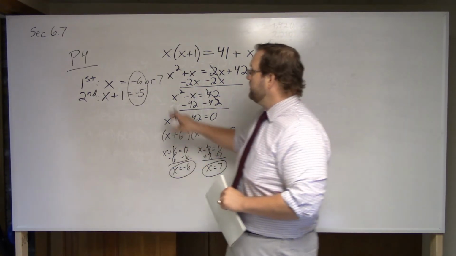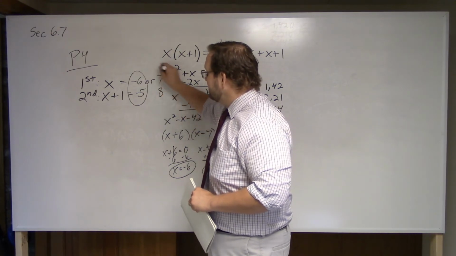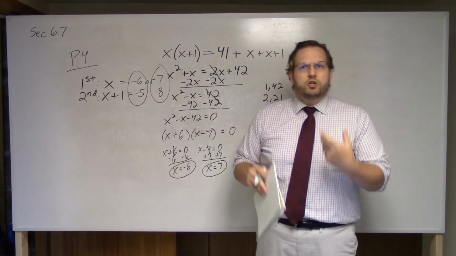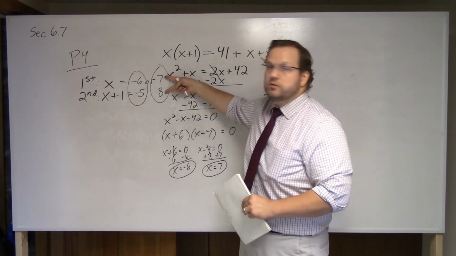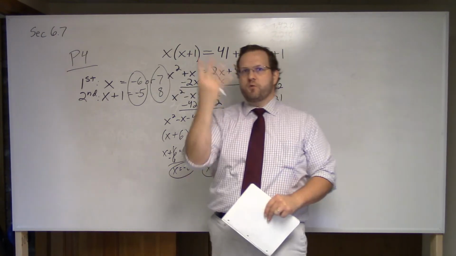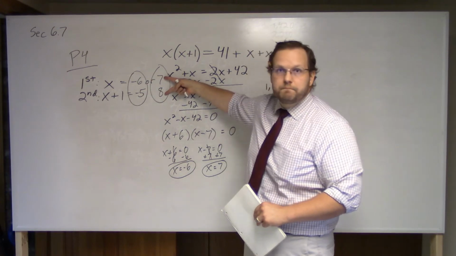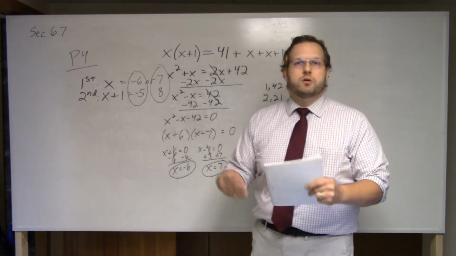Or another pair would be 7, x plus 1 is 8. When you write this answer, in some way show that these two go together or these two go together. It's not I have just 4 random numbers. It's this pair or this pair. Okay? Even if it means you're circling them like I did there,